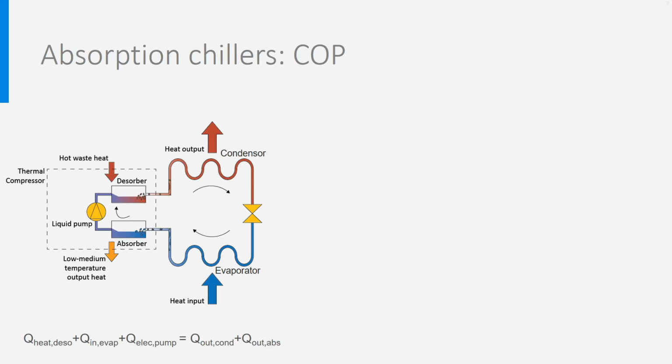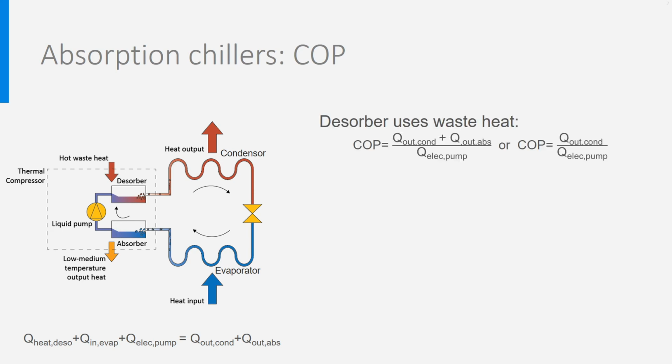Up to now we have handled the compression heat pump, but what about the absorption heat pump with its thermal compressor? Well, from the energy balance we can deduce here too the COP, which is useful heat out divided by electricity input at the pump. If we are not accounting for the input from the waste heat, sometimes the heat delivered at the absorber has a temperature high enough to be useful and is therefore accounted for in the heat output. When this is not the case, this low temperature heat is just wasted.